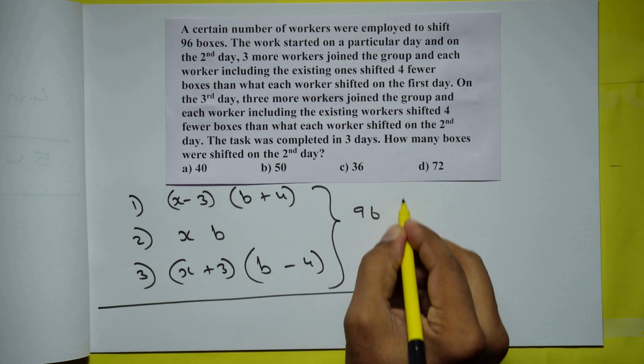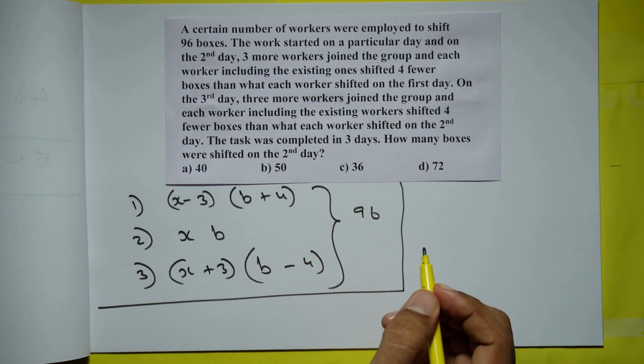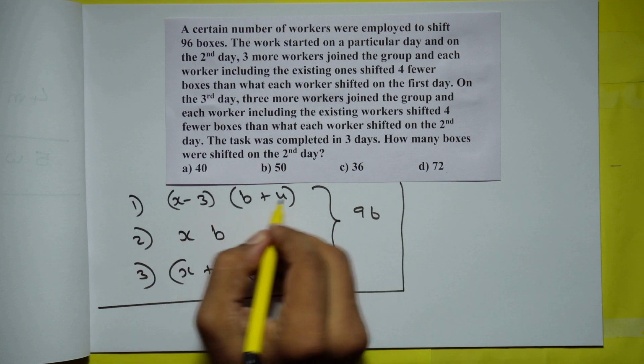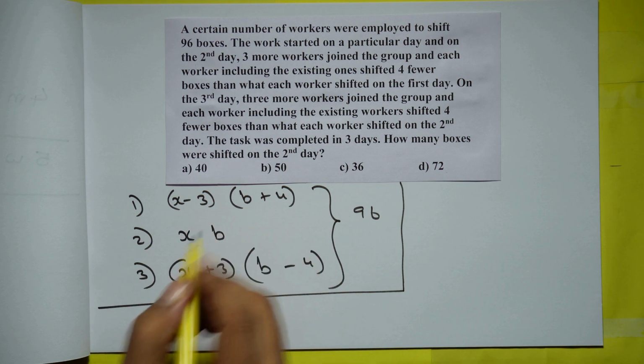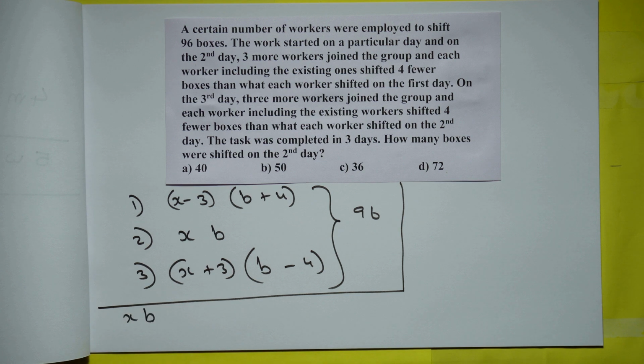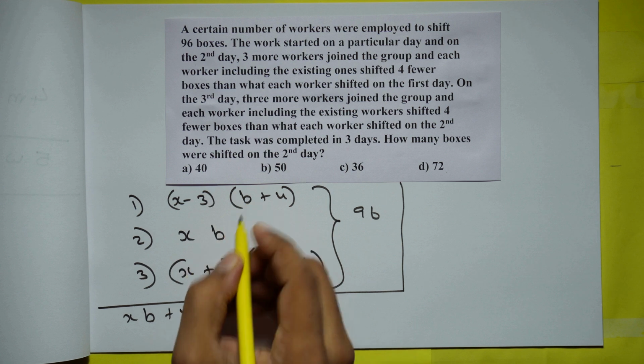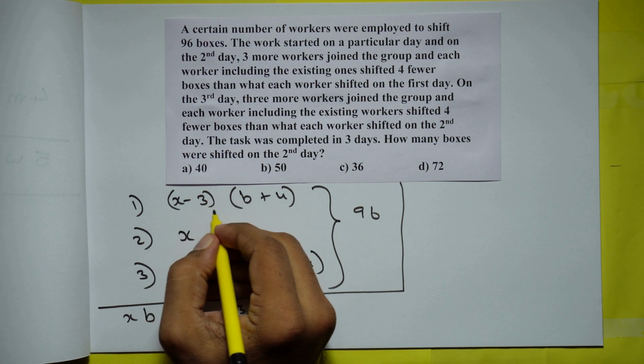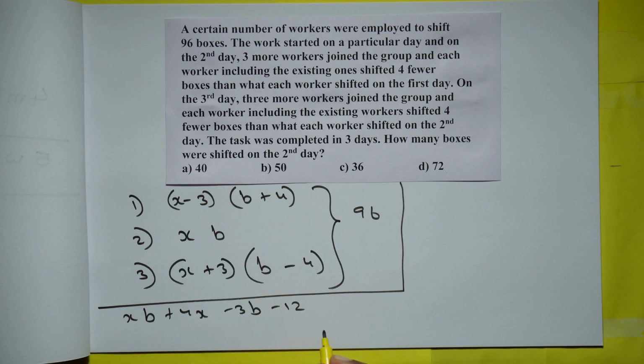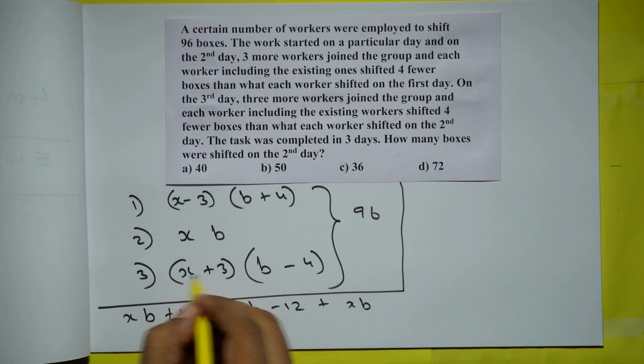So we'll just add it up, and that should be equal to 96. So we'll just expand each term. So here you have XB plus X into 4. So that will be 4X minus 3B minus 12. So here you have XB, here you have XB